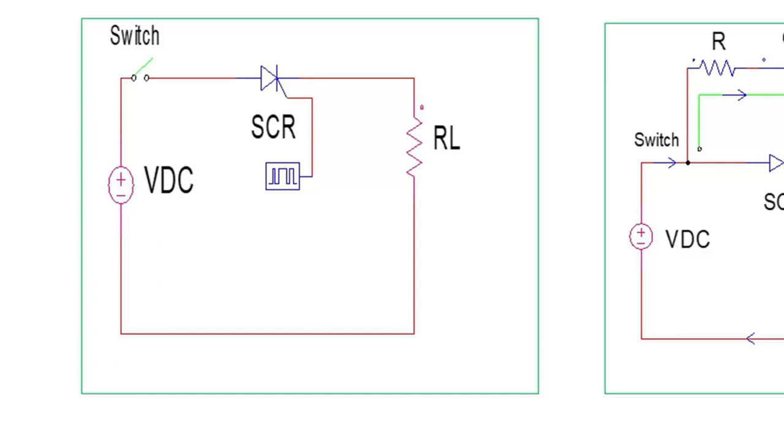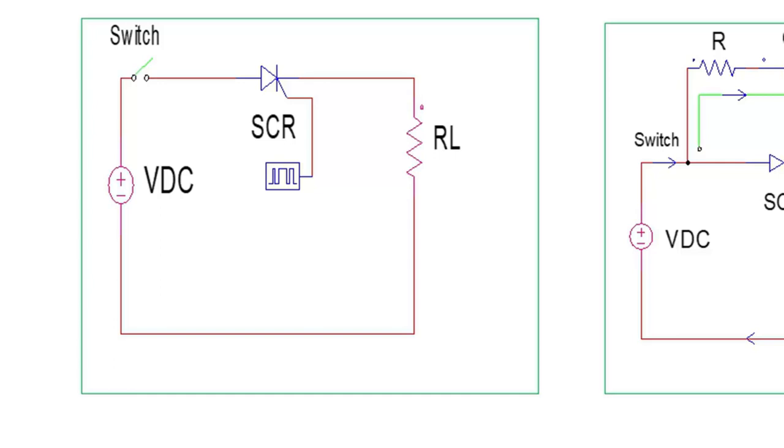When the switch is made on, instantly the voltage VDC will appear across junction J2, and the rate of change of voltage across junction J2, dVdt, if it is more than forward breakover voltage, then the SCR will be on. And once the SCR is on, during the process of turning on of the SCR, the charges will spread across four layers quickly, and because of that high dIdt will be developed across gate junction and the thyristor may get damaged.